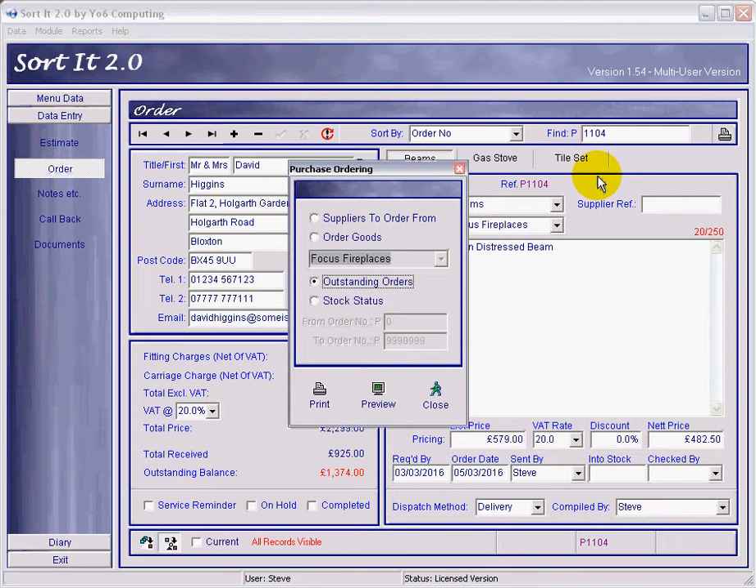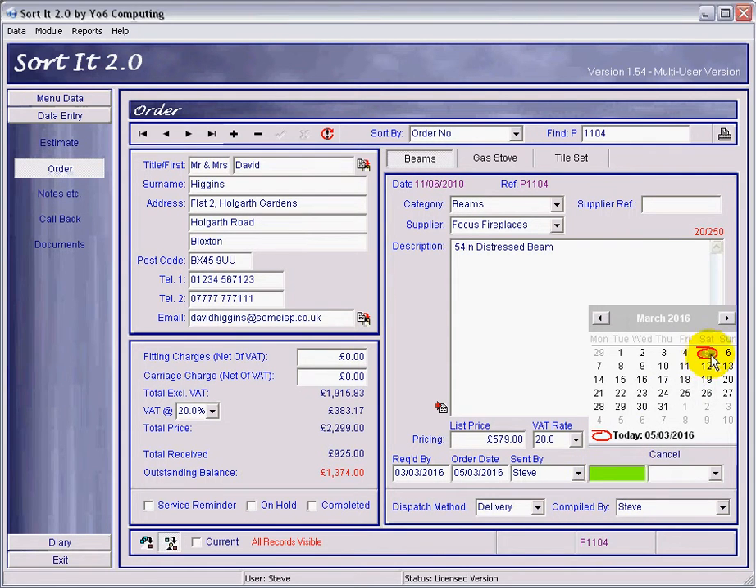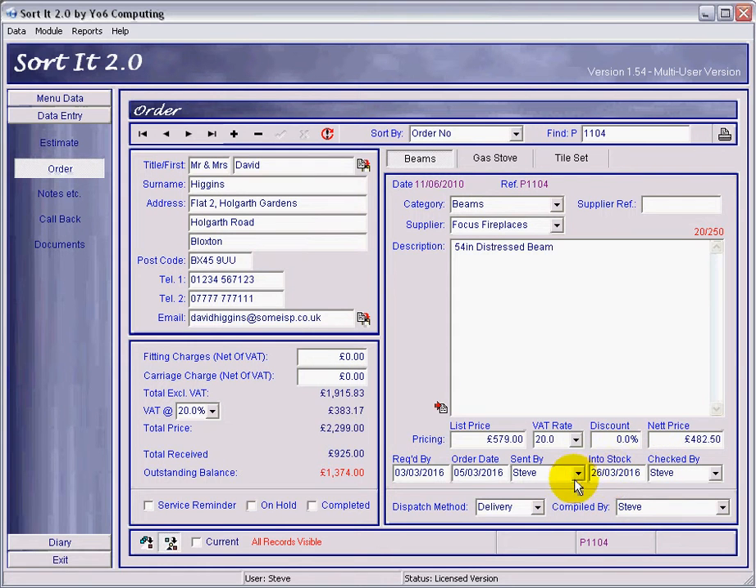Okay, close that. Alright. Now, what happens is that when things come into stock, you would scroll to the correct order number, and you would come here and enter today's date on there. I'm going to enter a futuristic date just to make it look more realistic. So that gets marked there, and when the next thing comes into stock,